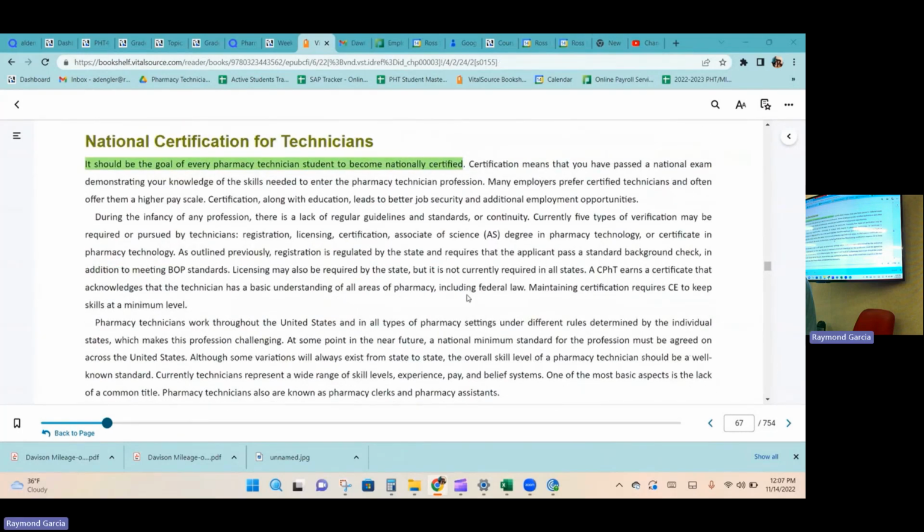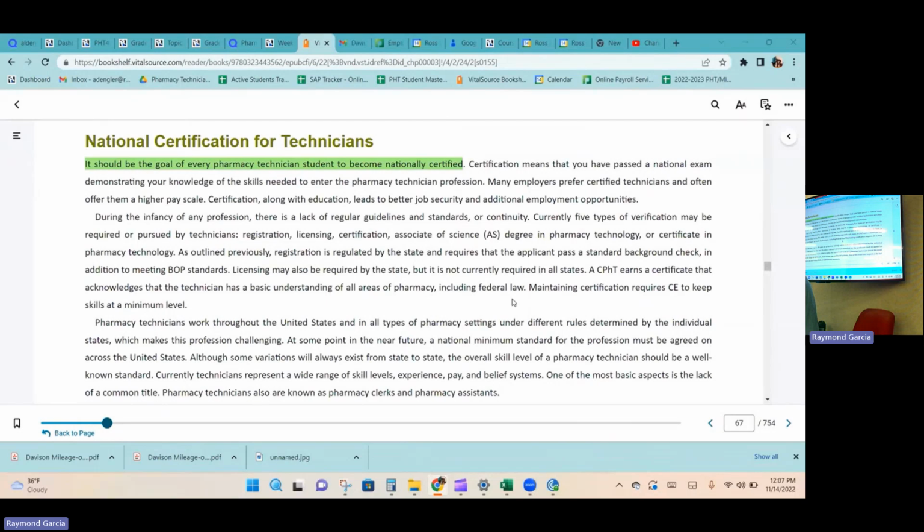It should be the goal of every pharmacy technician to become nationally certified. One thing, if you go to Meijer or Walgreens or any of those kinds of pharmacies, they will probably tell you, oh, you don't need to go to that training program. You can come here, we'll train you. The only bad thing about that is you're not going to have the ability to become nationally certified